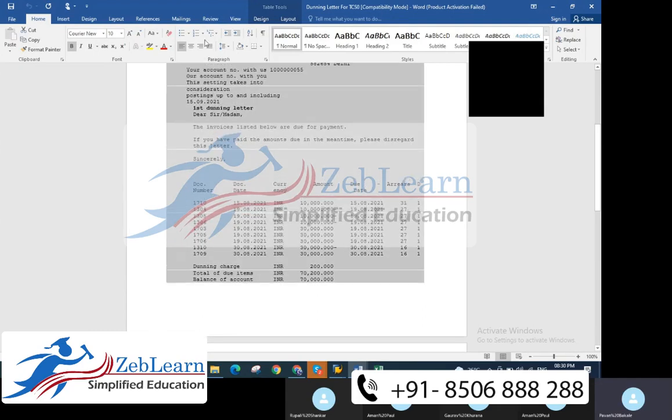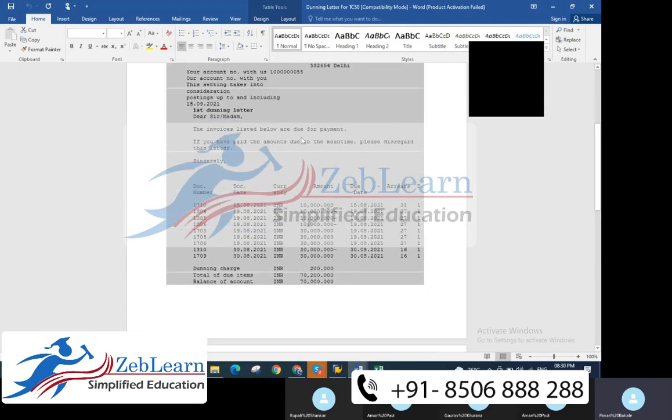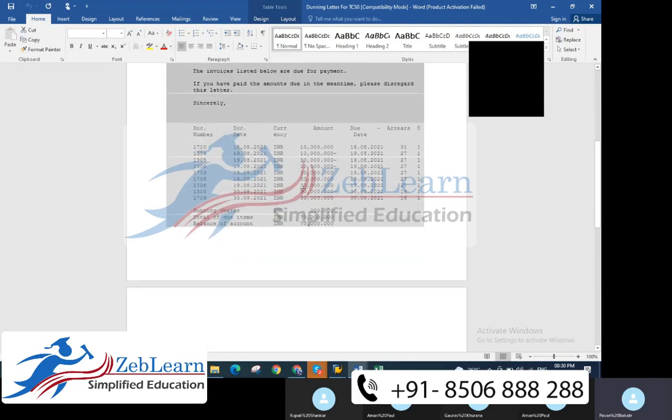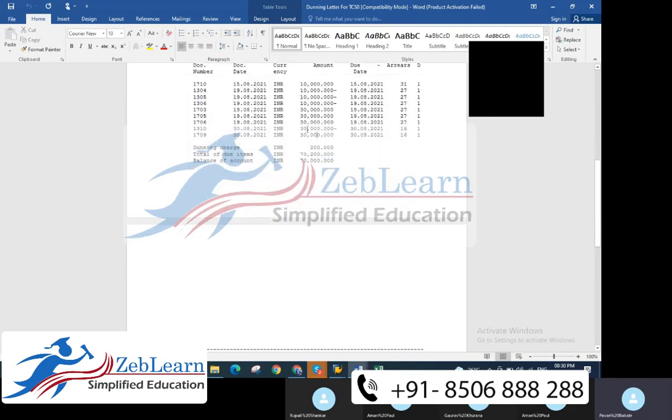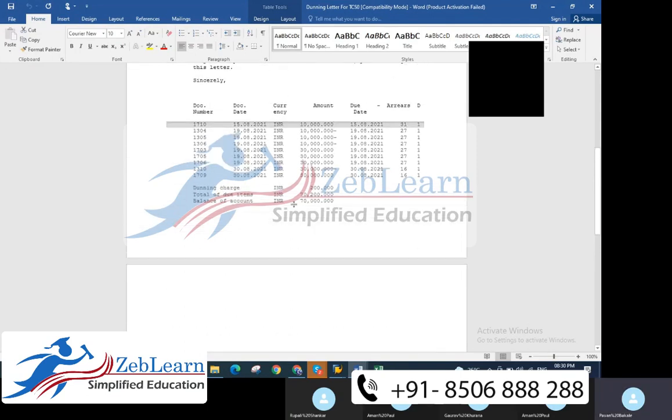So this is the step which you need to practice for your companies, where you need to generate the dunning letter and make the printout. Okay, the total balance was 70,000, including 30,000 for which I made a payment today, the 15th date. That is here, it has come first, past date, 15th date. I did this today actually. I put a past date there, 10,000. So this is how you need to make the dunning printout in SAP.